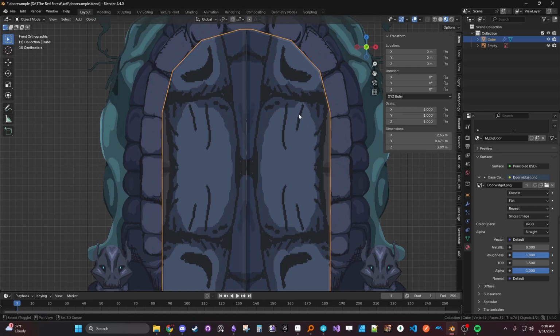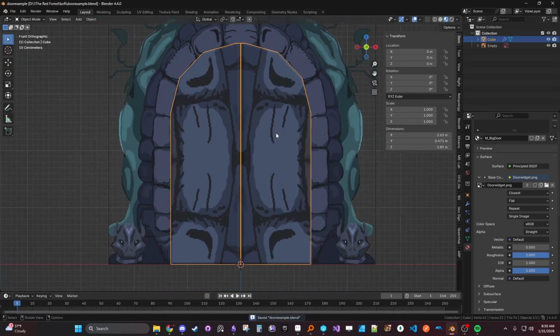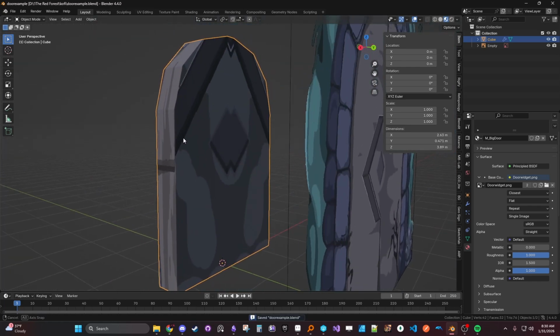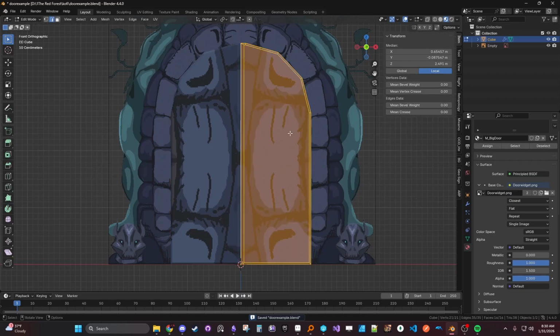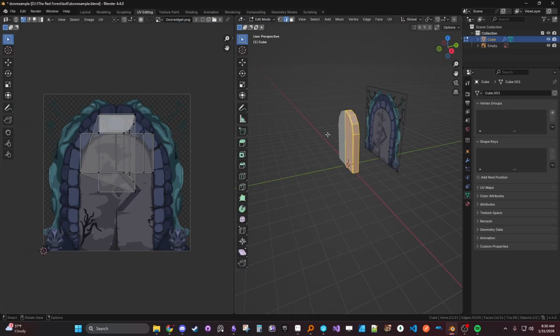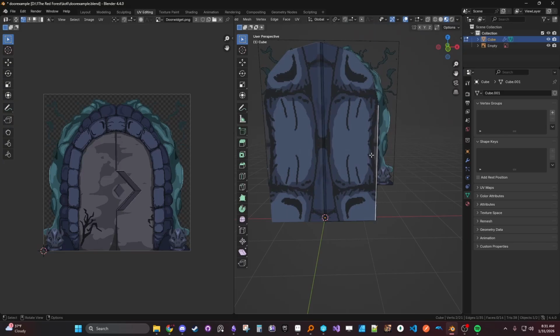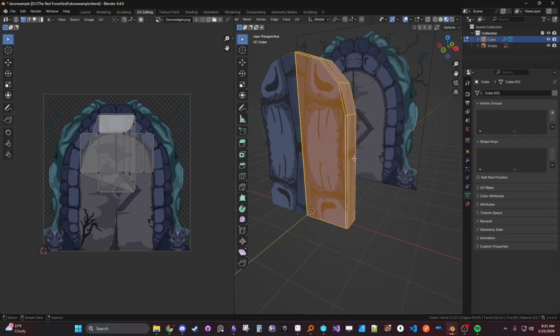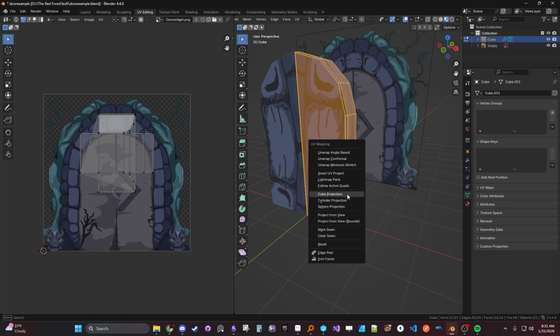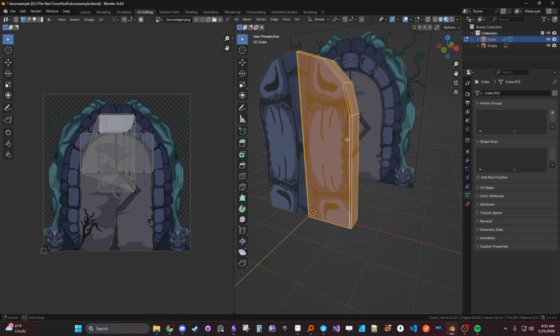But yep, so now that you see that it has the texture and it looks terrible, we'll go ahead and fix this now. We can go ahead and head into UV editing. So really quick, I'm just going to show you a rough way. There's a lot of different ways you can handle UV unwrapping. You can even push U and do smart UV project, but I like to add